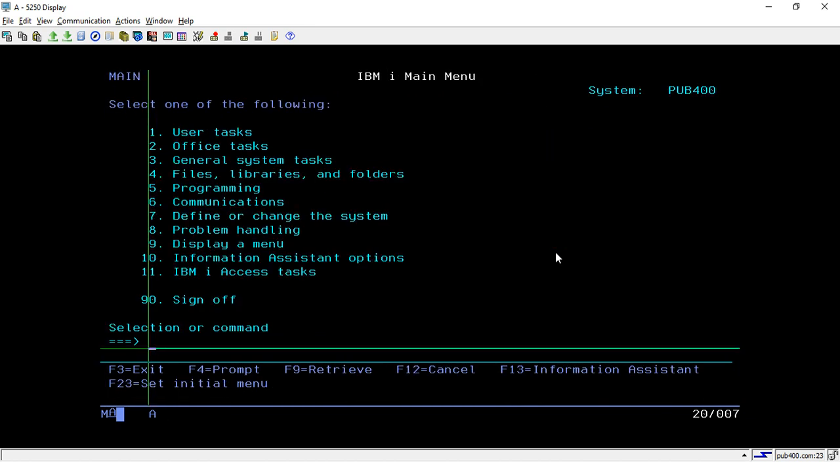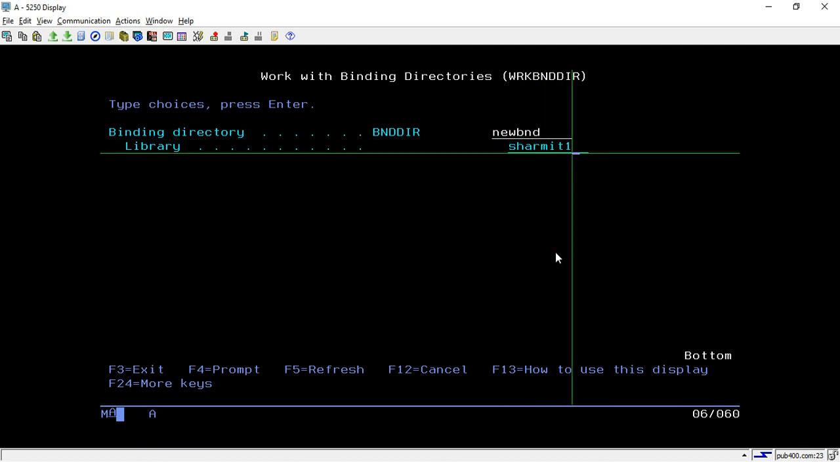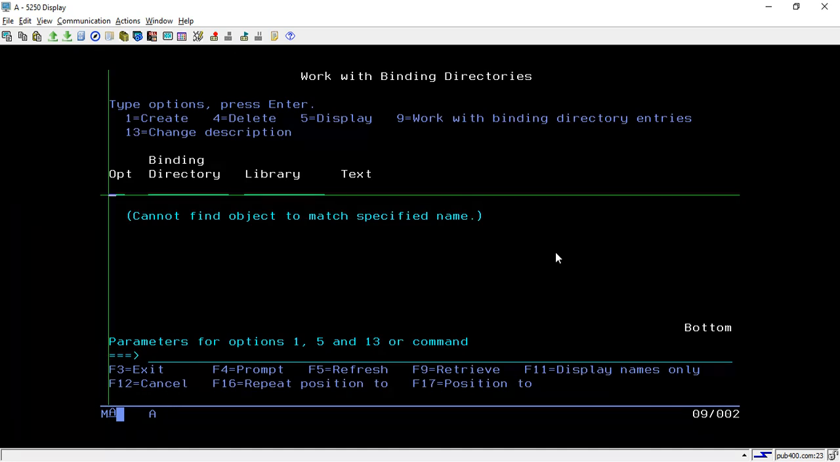Now we will see one more thing, how we can create a binding directory. Either you can use the CRTBNDDIR command, or you can use this command WRKBNDDIR, then take F4, BNDDIR, then take F4, then put any name through which you want to create the new binding directory. So let's create it with NEWBND. Then press enter, your library name, that is Sharmit1, and hit enter. Now on this screen you can take option 1 to create it. Here we can put the name again, NEWBND, and here you have to put the library name